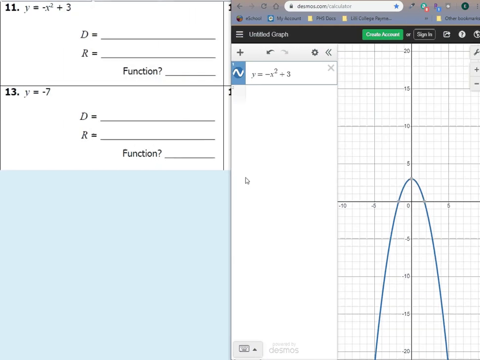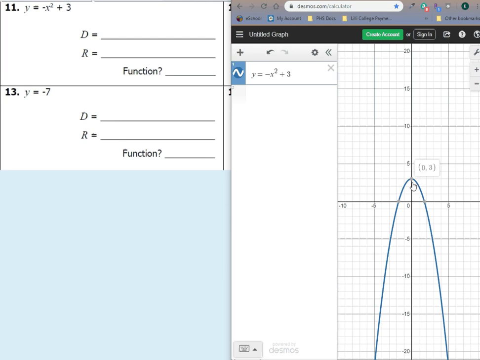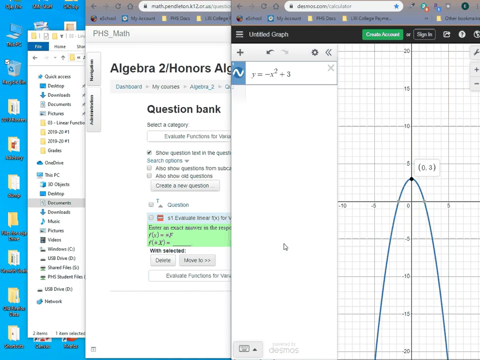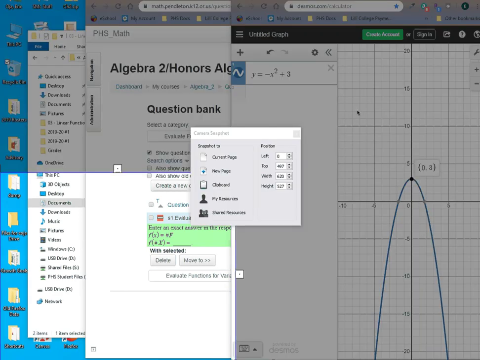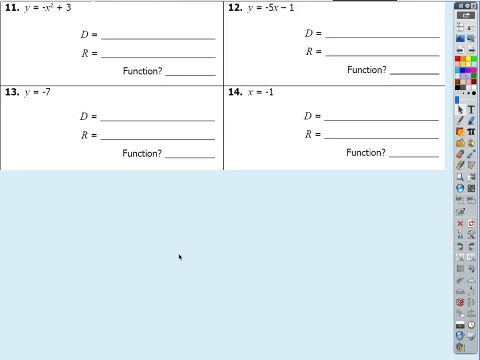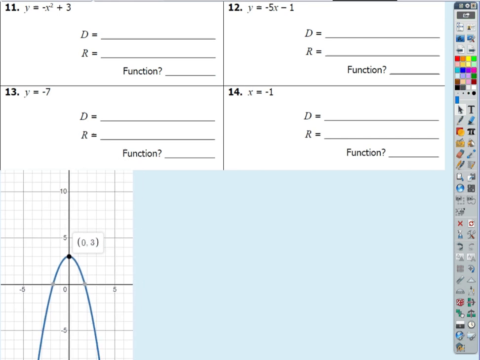Somebody who hasn't had a chance to answer yet, help me out here. What was the point? We don't see 0. Okay, and there's the point, and let me take a picture of that so we have it. So there's the picture that goes with number 11, right? So would the output be